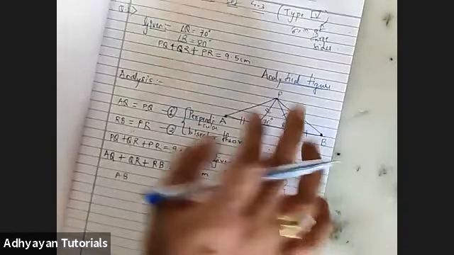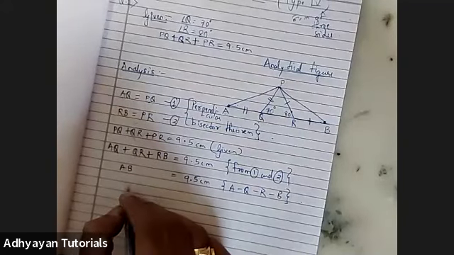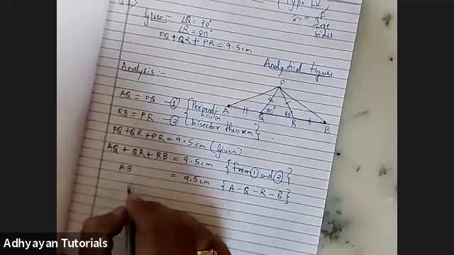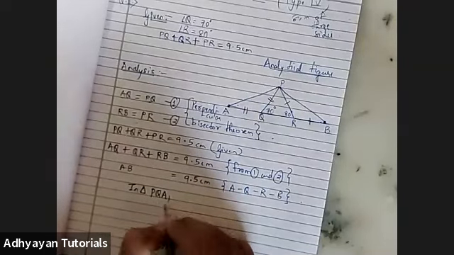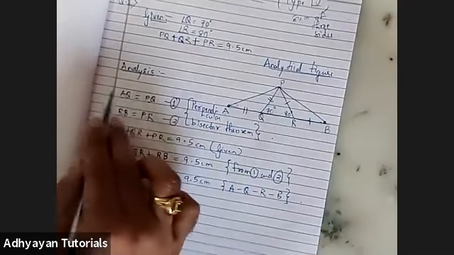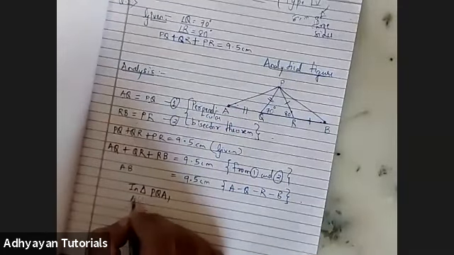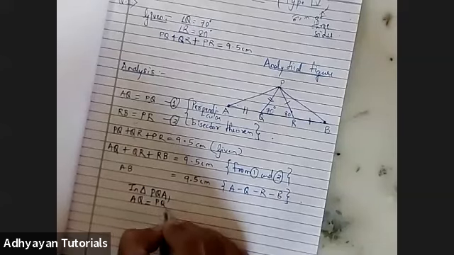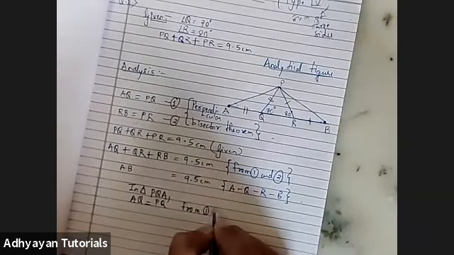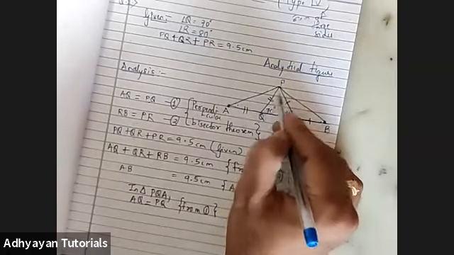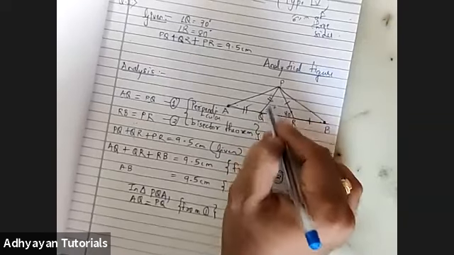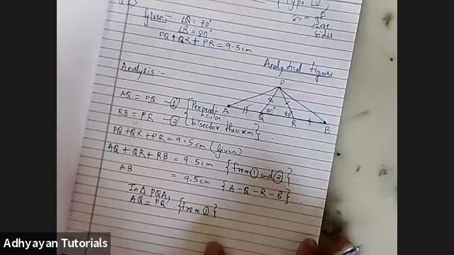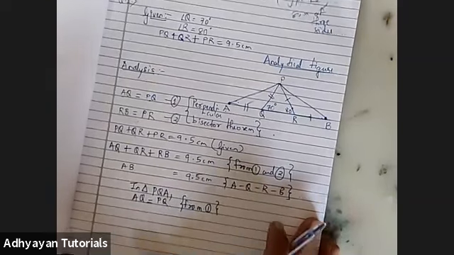So let us try and understand how do we find the value of angle A, right? So in order to find the value of angle A, children, can I state that in this beautiful triangle named PQA, we have said that AQ is equals to PQ. AQ is equals to PQ, right? That comes from equation 1. Now, if in a triangle, two sides are congruent, then the angles opposite to them are also congruent, right? Angles opposite to them are also congruent.